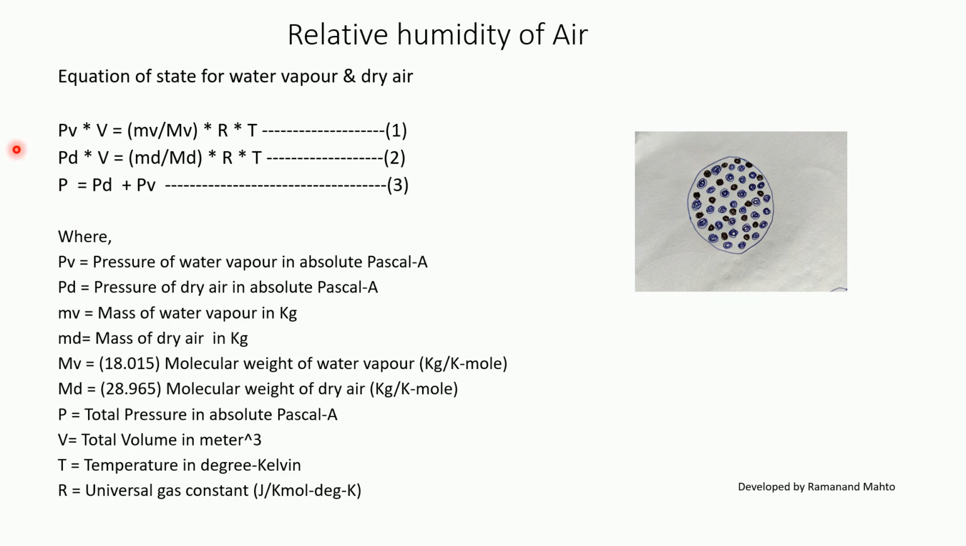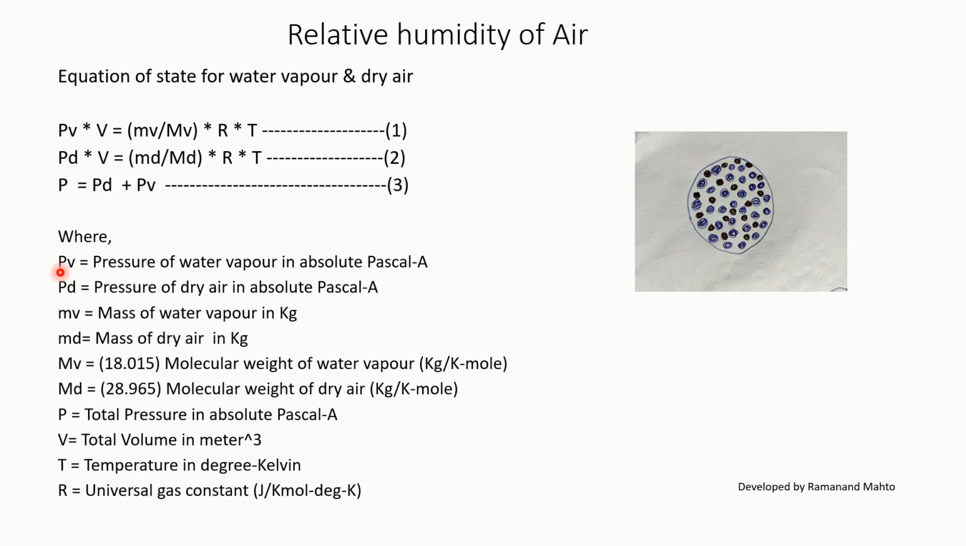Equation of state for water vapor and dry air. So first equation is for water vapor. We can write PV into V is equal to small mv upon capital MV into R into T. Second equation for dry air, which is written as PD into V is equal to MD upon capital MD into R into T. And third equation is total pressure P is equal to PD plus PV,